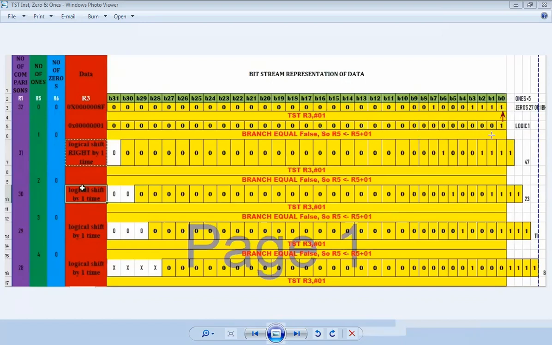So which means, will the zero flag be set, will Z be equal to 0, or will it be equal to 1? Based on that, it will know if it is a 1 or 0. Then again, this will be shifted one step. Then again, this TST 1 operation happens, and then it will check if it's a 1 or 0. So it will keep shifting, and this logical 1 operation keeps happening.